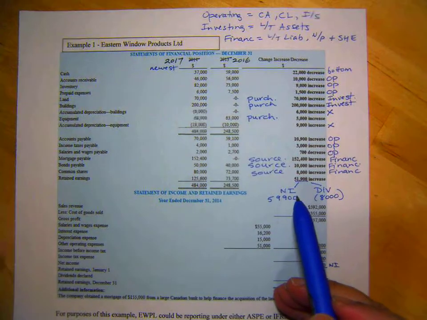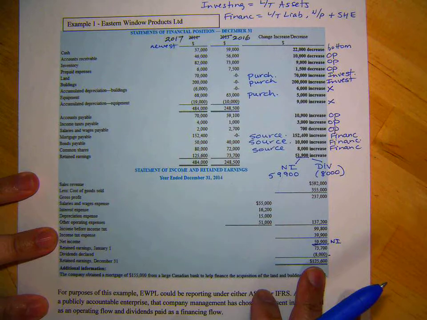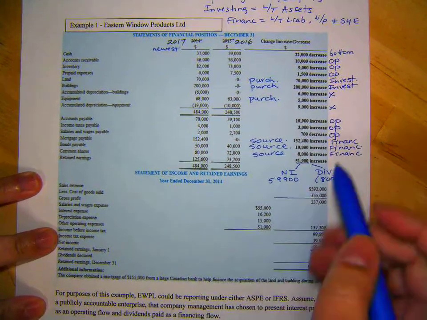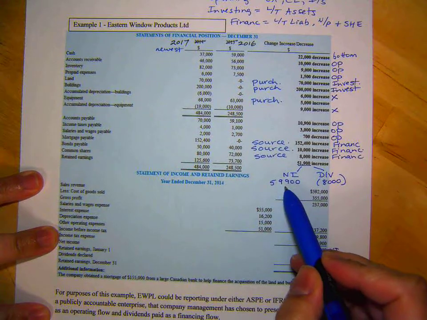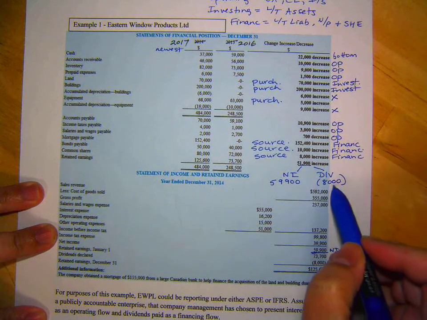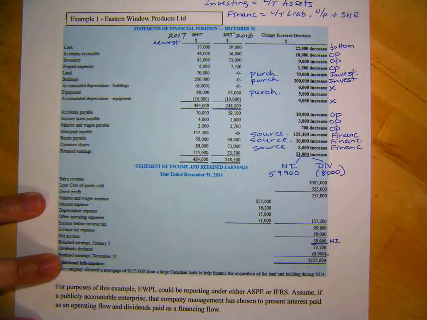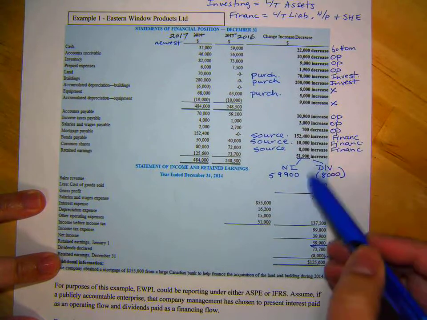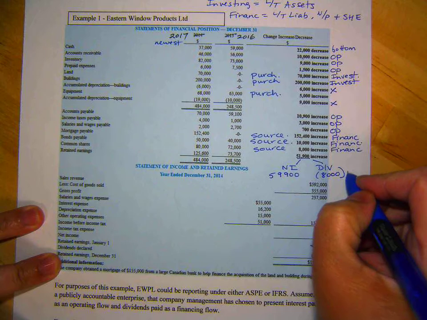I'm just going to put that on autofocus so it's a little bit clearer. Okay, so retained earnings is always made up of net income and dividends. Sometimes they don't tell you the dividends down here, and so you'd have to fill in the blank to figure it out. So watch for that. If it does tell you dividends, they're likely keeping it from you and you have to figure it out. So dividends will go in financing,